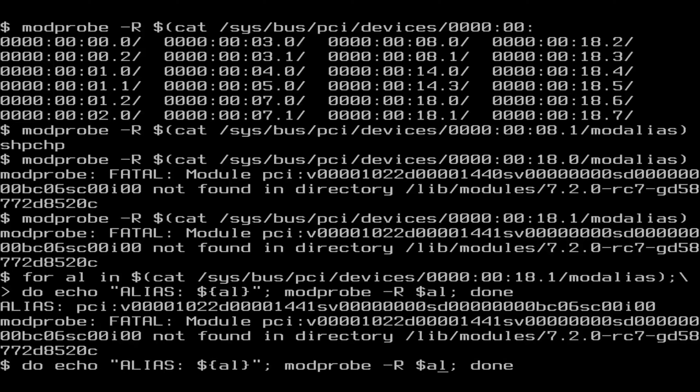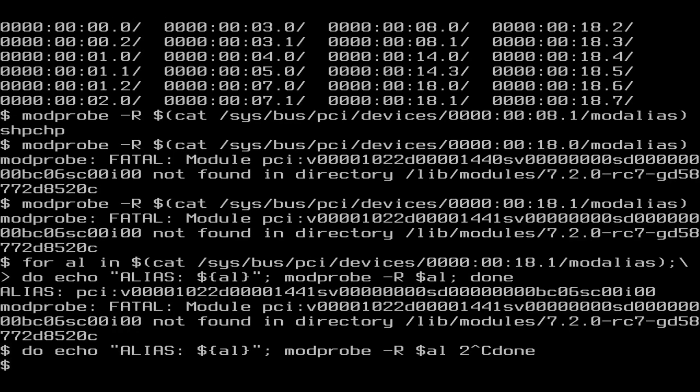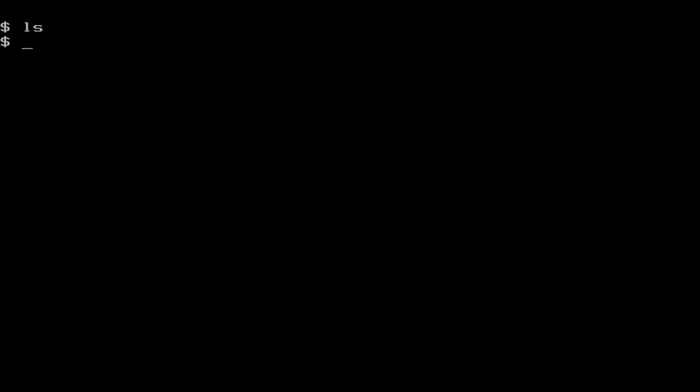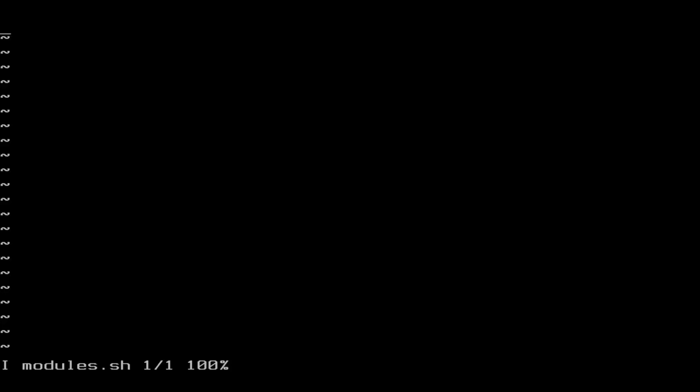Obviously, if we don't find one, okay, let's try creating a script for this. You can do it here itself. Let's create a script for PCI modules.sh. So what we need is to find the modules